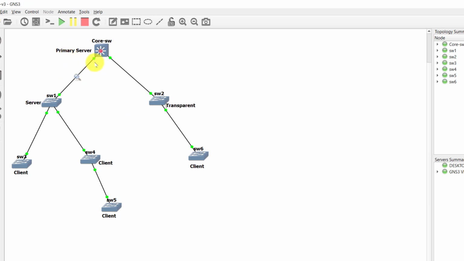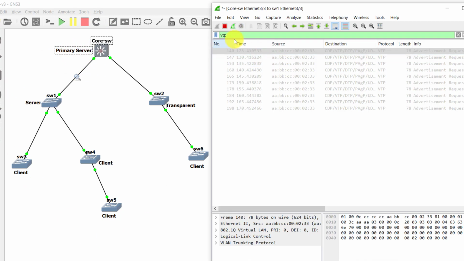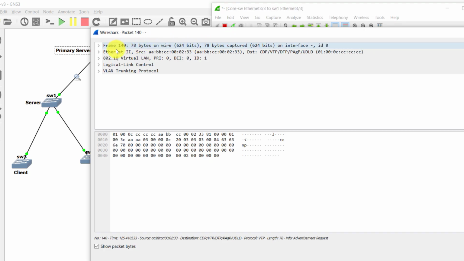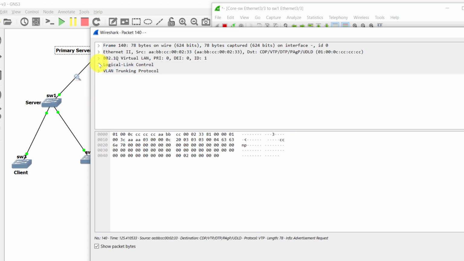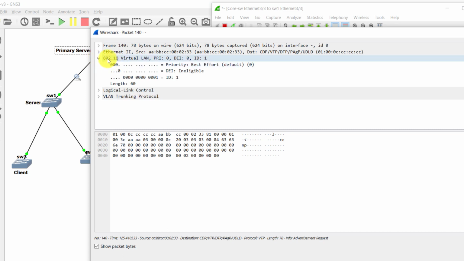This link that we already captured its packets from primary server. And these packets, if you remember, as I told you in the previous section, are being sent every 5 minutes, which means 300 seconds. And if I open the details, we can see all the information inside our summary packets that are being sent to other switches. As you can see,